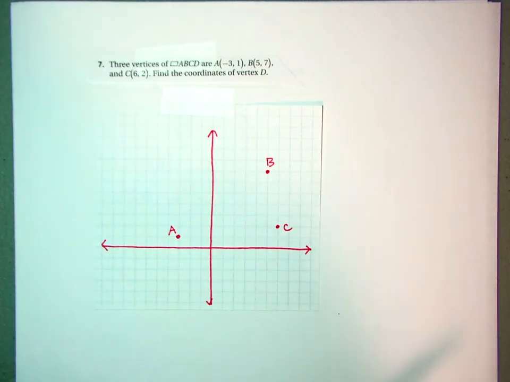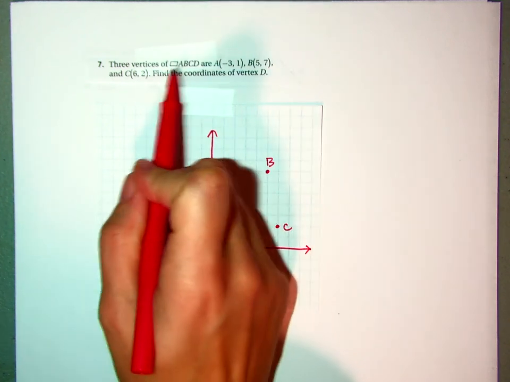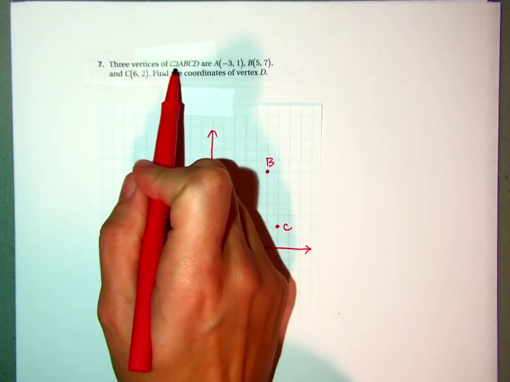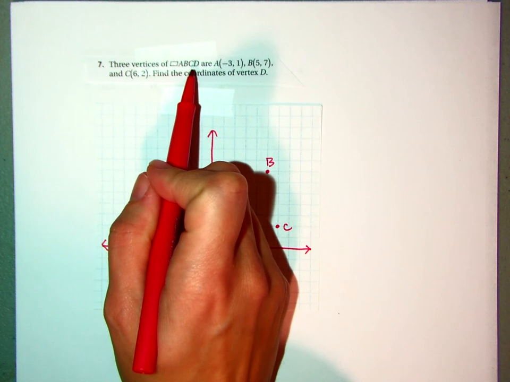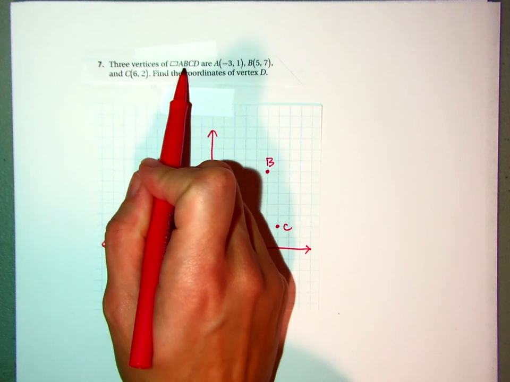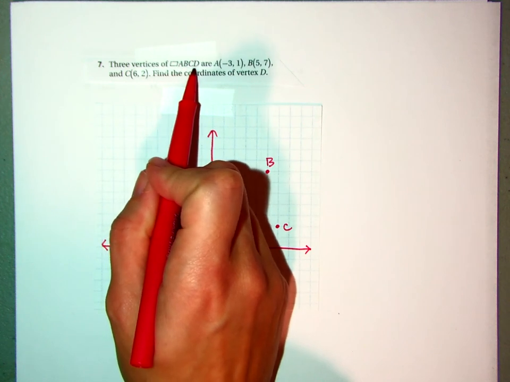Three vertices of parallelogram ABCD are given. Find the coordinates of vertex D. What's important is it's been labeled that we're supposed to make a parallelogram. The letter order does matter. It means that A is connected to B, which is connected to C, which is connected to D, which is